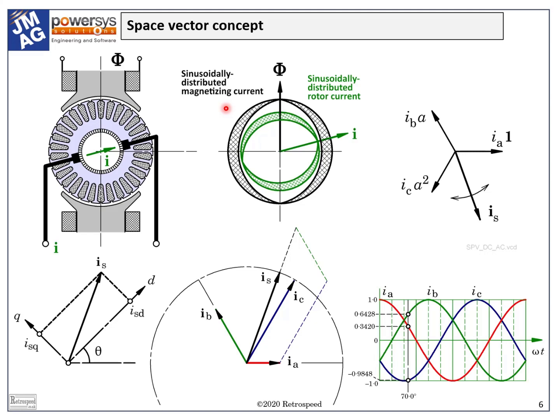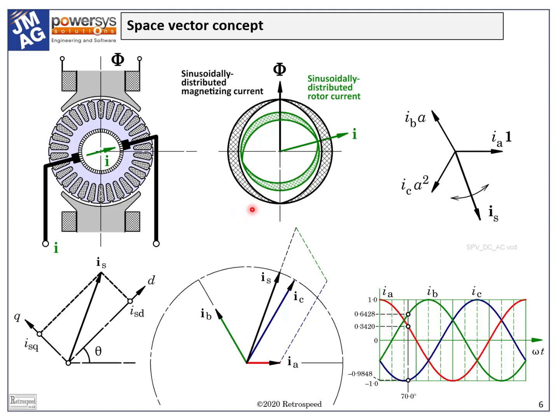In comparing this with the field system of the DC machine, there are three obvious differences. First, in the DC machine the flux phi is stationary, but in the AC machine it rotates at synchronous speed. However, if we imagine ourselves to be an observer on the rotor, the flux will appear to be stationary, and so we can dismiss this difference as a mere detail.